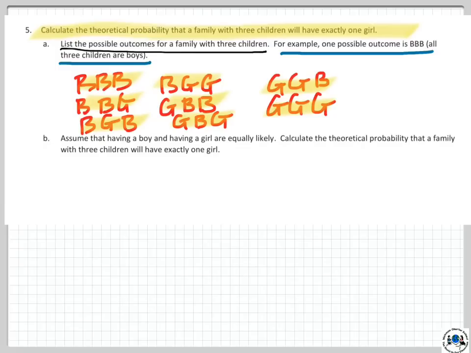Okay, so now let's go ahead and assume that having a boy and girl are equally likely. Calculate the theoretical probability that a family with 3 children will have exactly 1 girl. Okay, the theoretical probability that you will have exactly 1 girl. Now we need to look at what those successful